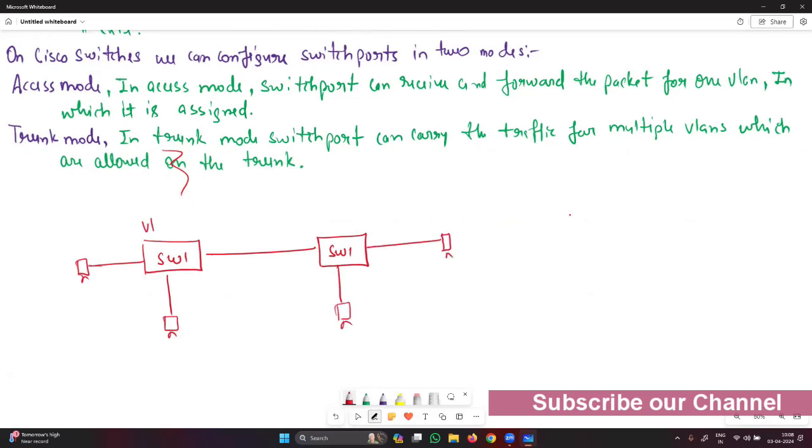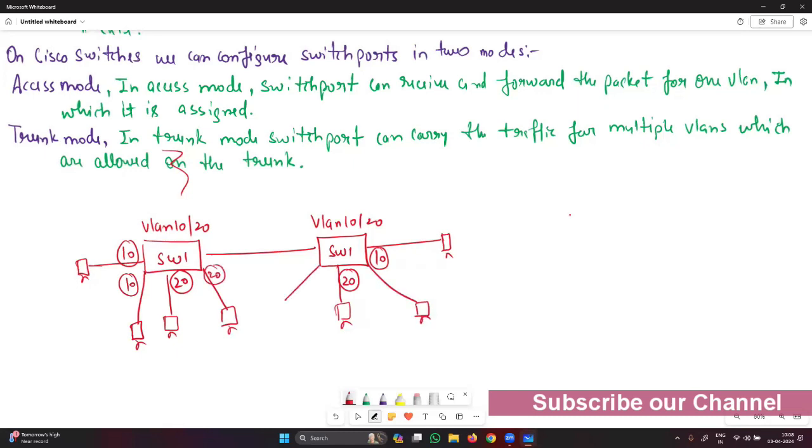For example, on this switch, I am creating VLAN 10 and 20. On this switch, I am also creating VLAN 10 and 20. So this user is assigned in VLAN 10 and this user is assigned in VLAN 20. Now you can connect one or two more PCs just to show you. This is also VLAN 10 and this is VLAN 20. Same here, we have VLAN 10 and VLAN 20. Now, with the switch, you can see same VLAN users are connected and different VLAN users are also connected,